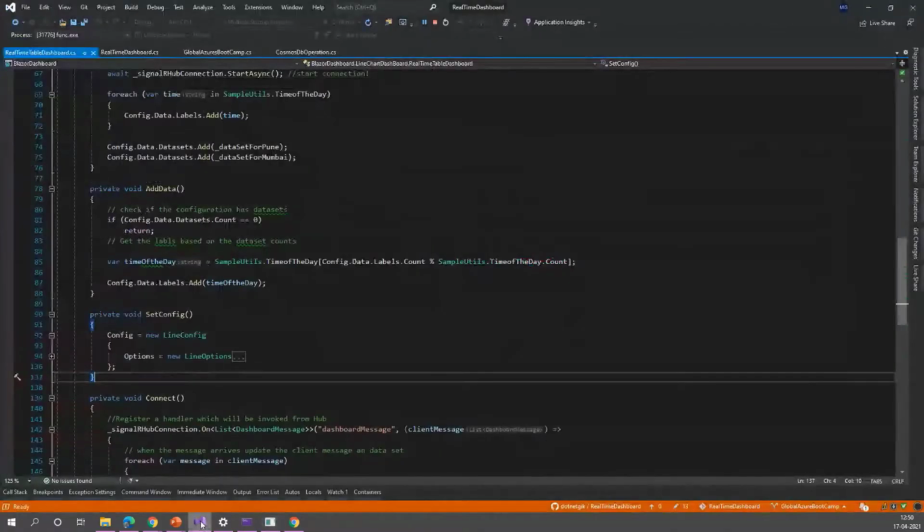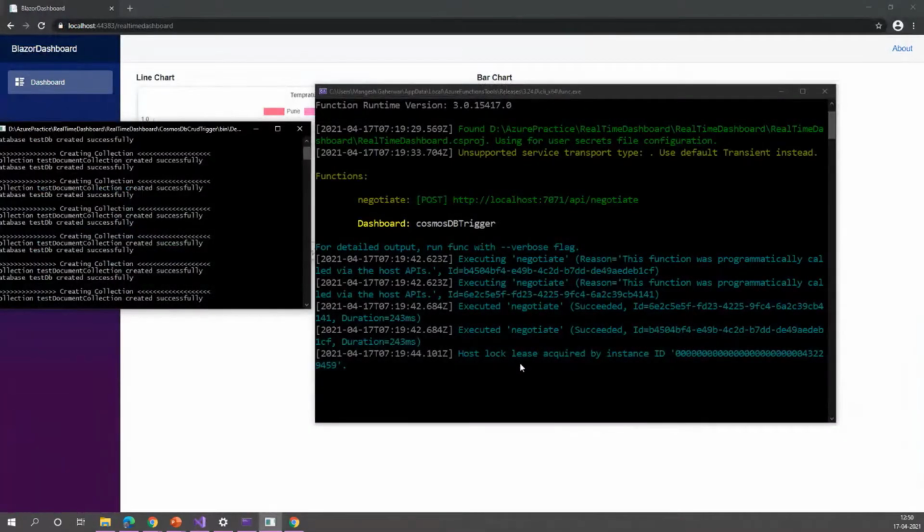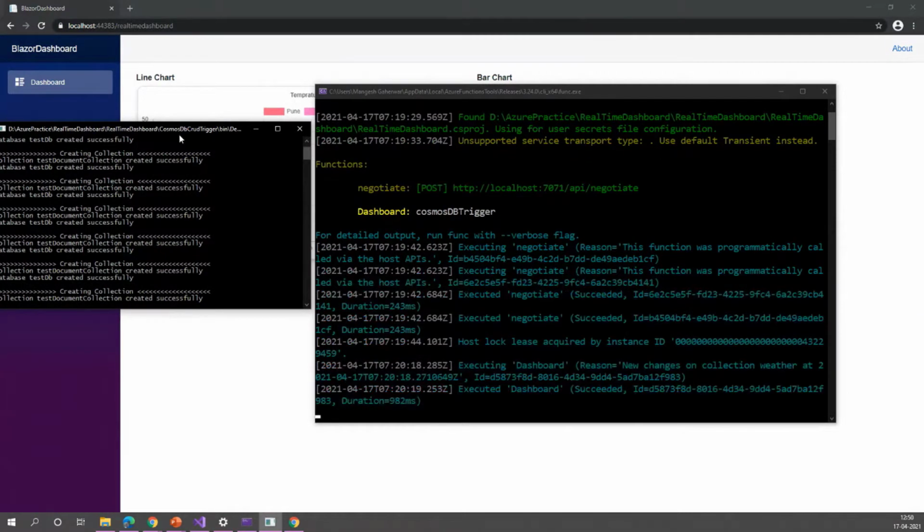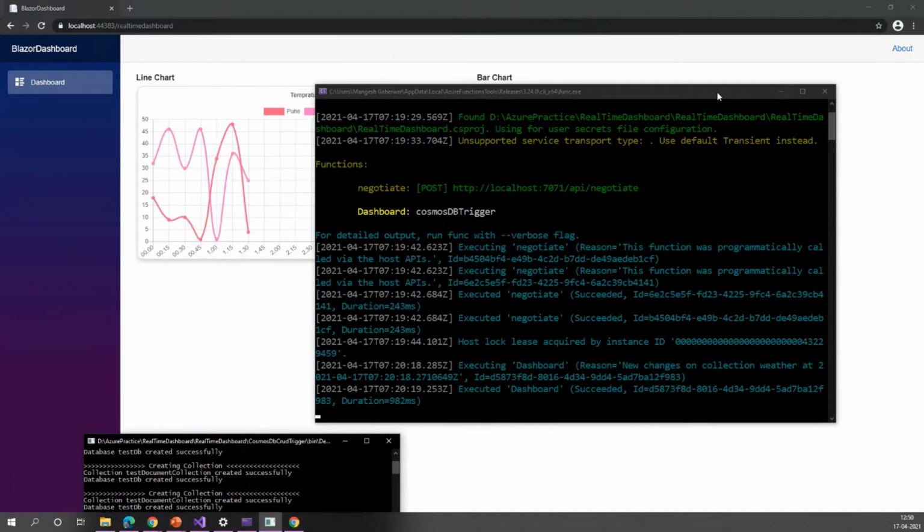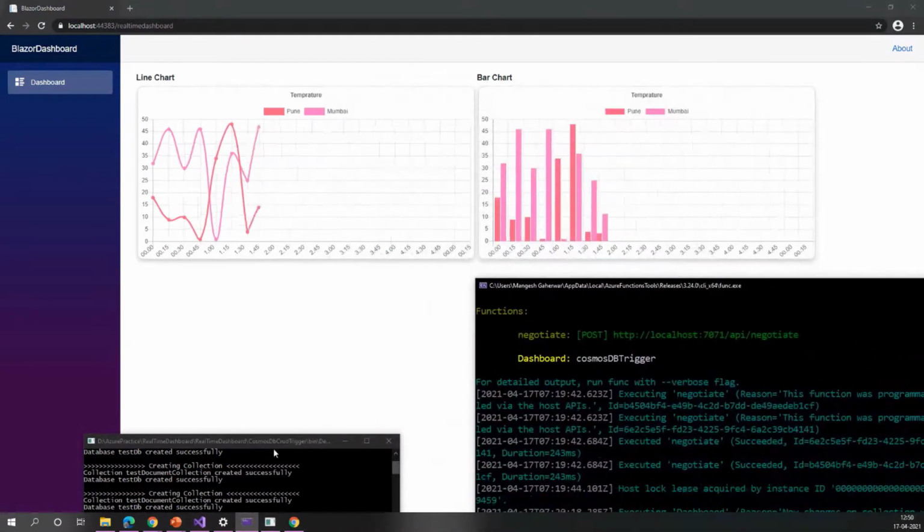Yes, the dashboard is executed, and here you can see the functions.